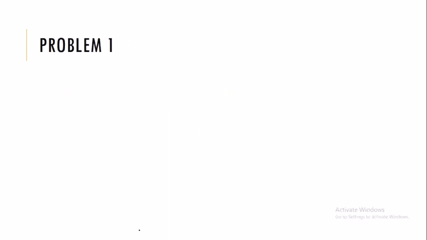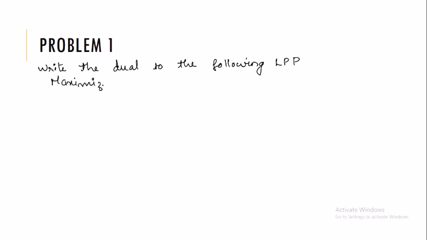So the first problem, you can do the problem along with me. Write the dual to the following LPP. Now your problem is a maximization problem. Maximize z is equal to x1 minus x2 plus 3x3 subject to the constraints